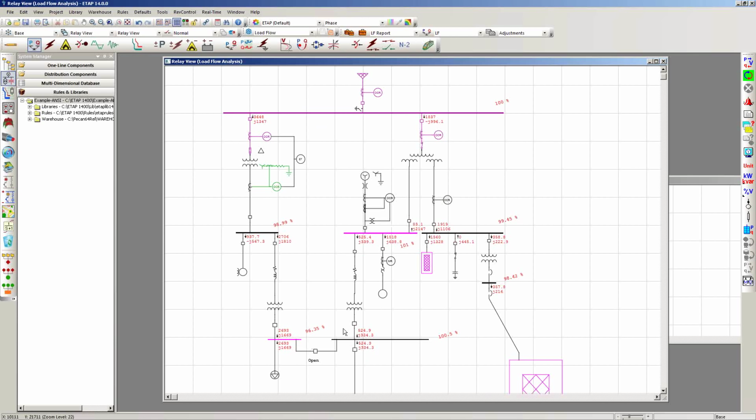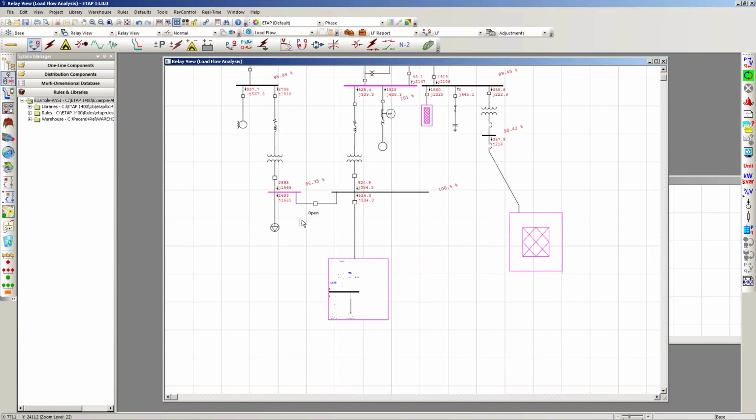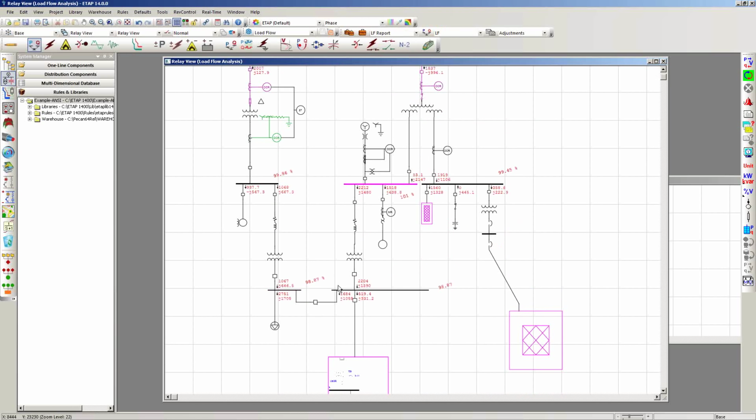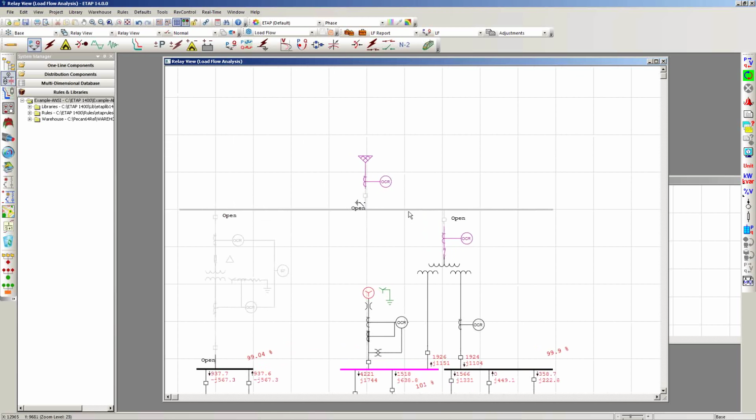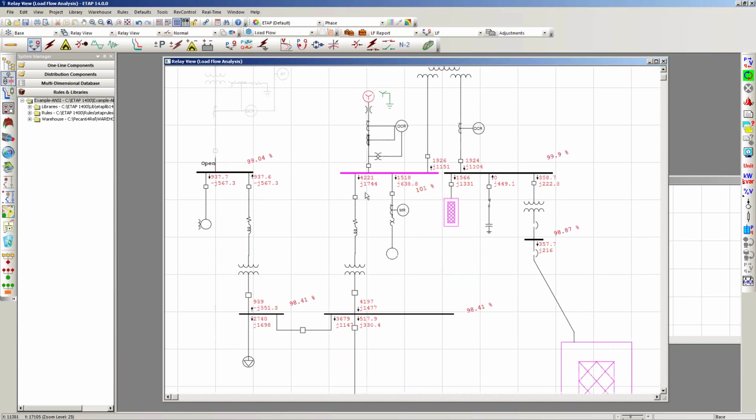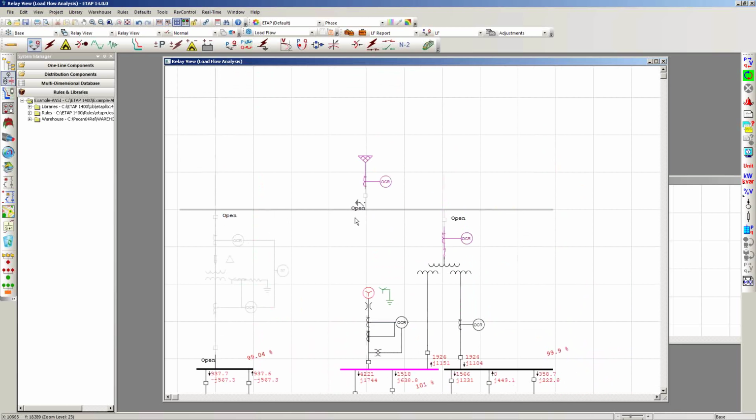The first thing I want to do is close this tie down here on the bottom left. I can then begin to isolate that bus by putting this transformer out of service, T2 over on the left hand side. Then the 3-winding transformer, let's go ahead and isolate that. And finally my utility, right? So now that the utility bus is isolated and we have transferred the load through this tie, we can now,